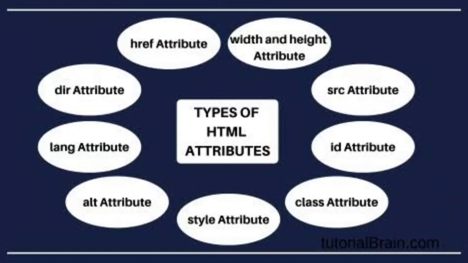Next is the SRC attribute, source attribute. Generally it is used with IMG, to insert an image. What the location of the image is, the SRC attribute will tell. So the SRC attribute specifies the location of a resource such as an image or a web page, and many other attributes are there, like with the body tag you can use color, with font you can use size, and so on. I know you have learned or read about this topic in your previous class, but it's a recap for HTML. So you have to read it from your book.